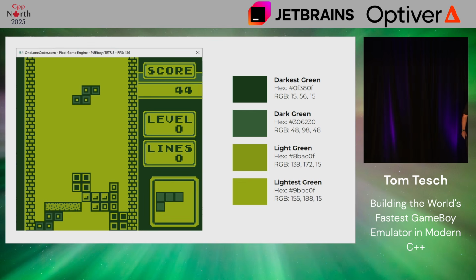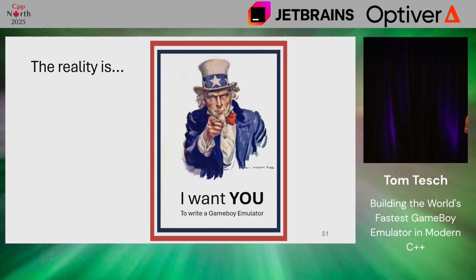The reality is, however, I want you to write the Tetris emulator, right? You don't get smarter, we heard it in the previous talk, you don't get smarter by looking at somebody else write code or having an AI. You have to do it yourself. And actually,